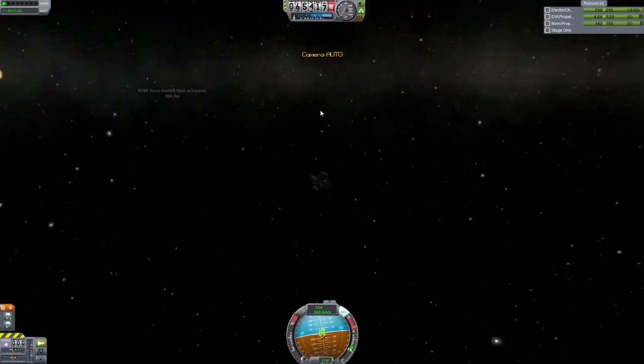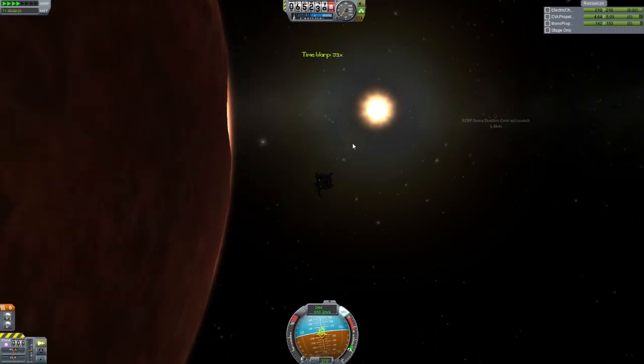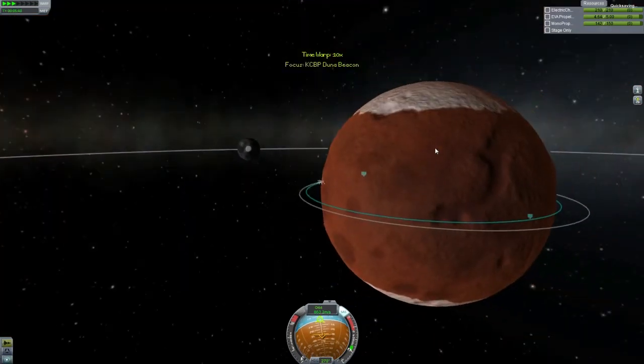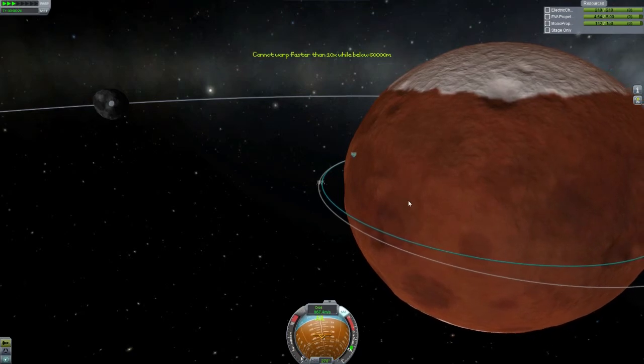I mean, it doesn't have to be, but, you know, it kind of does. No, I'm just kidding. If you want to set up the Duna base somewhere else, that's totally cool. But I think that's the one. It's the valley right on the equator. Anyways, so yeah, we set it up for...